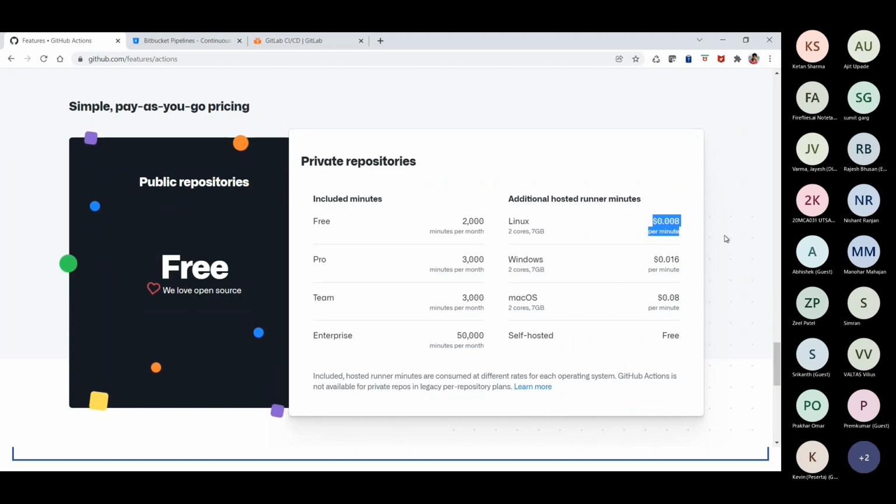And if you're using the GitHub Enterprise tool on your infrastructure, then you don't have to pay anyone for that part. You can have your self-hosted machines or servers, and you can play around with that also. So it depends on which solution you feel like you want to use.